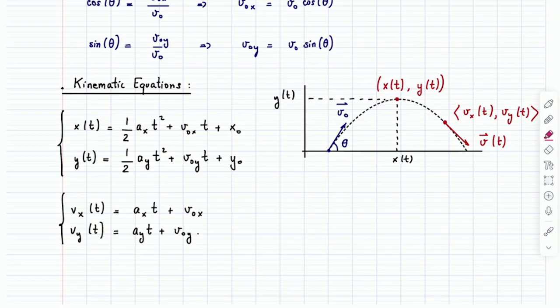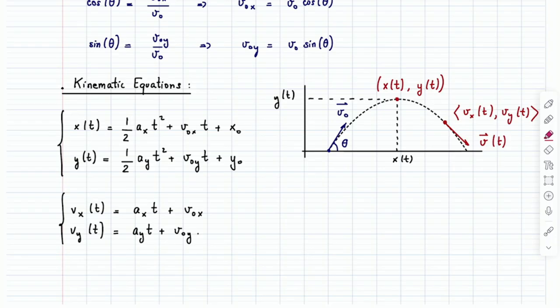And last week I was saying that when you have kinematic equations, the goal is to find this, this, and this, because then you know everything. Same thing here. If you know ay, v naught y, and y naught, then you know everything because those terms are in here as well. And then you would know the four functions of time, meaning you would know the position of the golf ball at all times and the velocity of the golf ball at all times. So you'd be pretty happy with that.